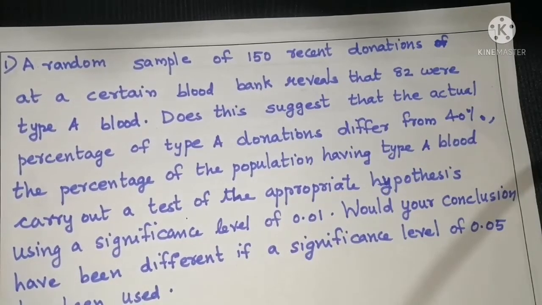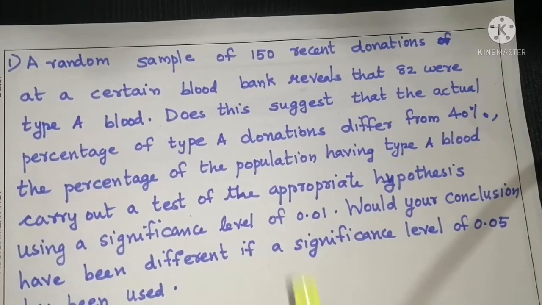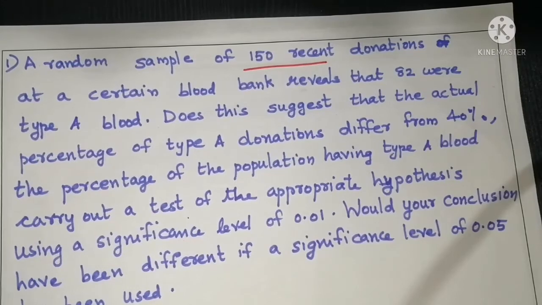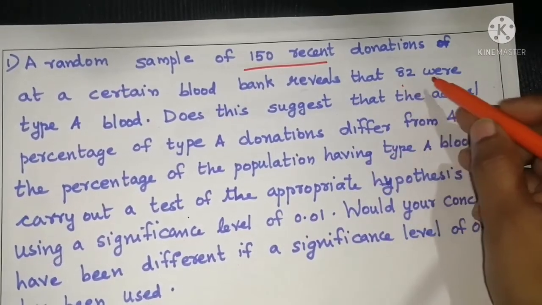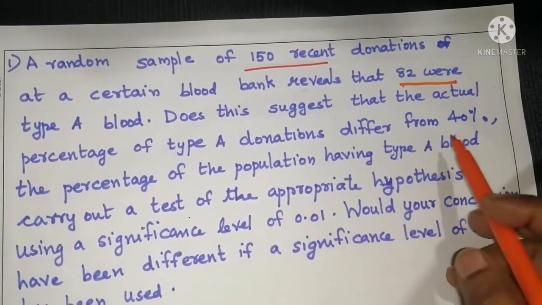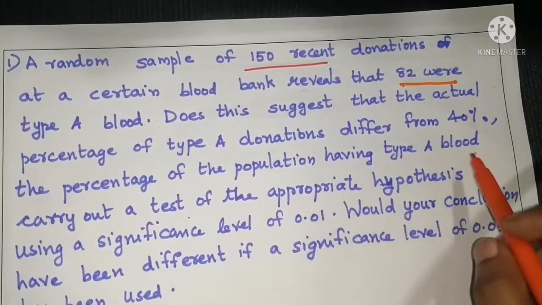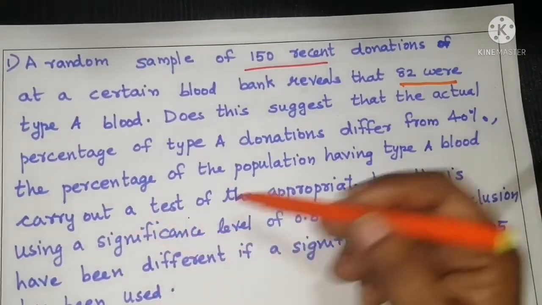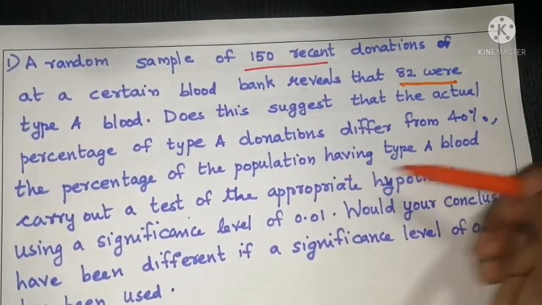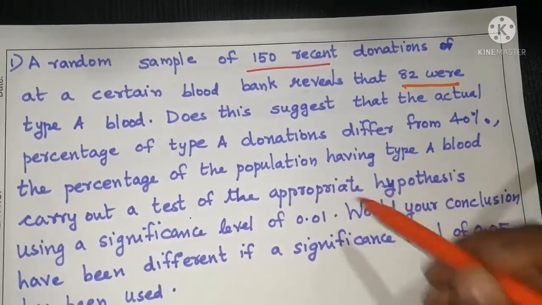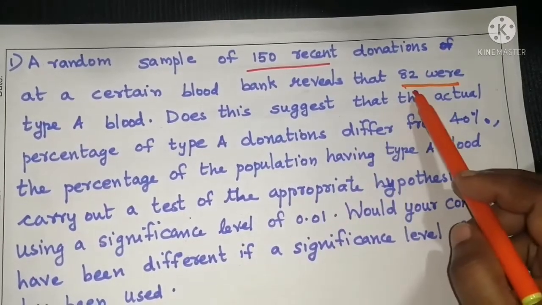So, here the case is about a blood test. We are taking a sample of 150 donations, of which 82 were type A blood. Does this suggest that the actual percentage of type A donations differs from 40%, the percentage of the population having type A blood? Carry out a test of the appropriate hypothesis using a significance level of 0.01. That is, we took a sample of 150 and conducted a blood test, and we got 82